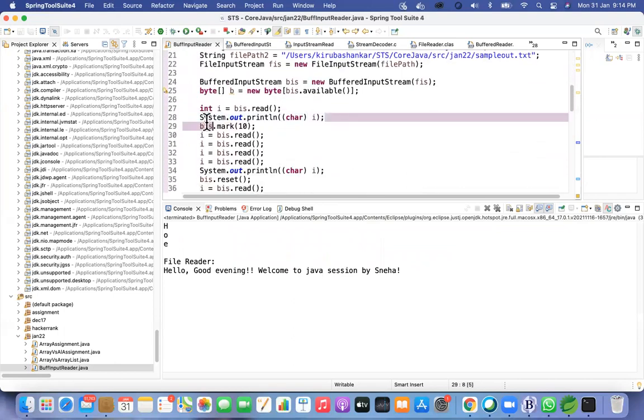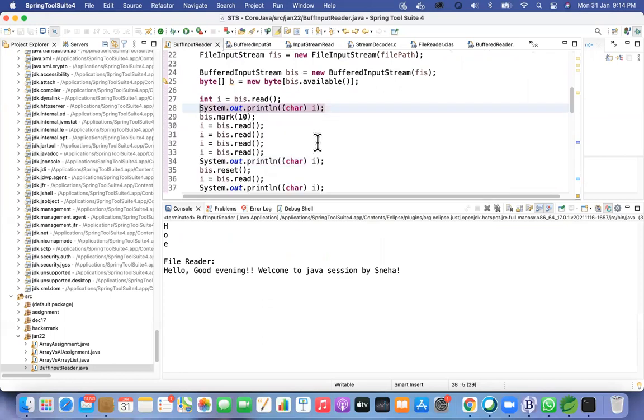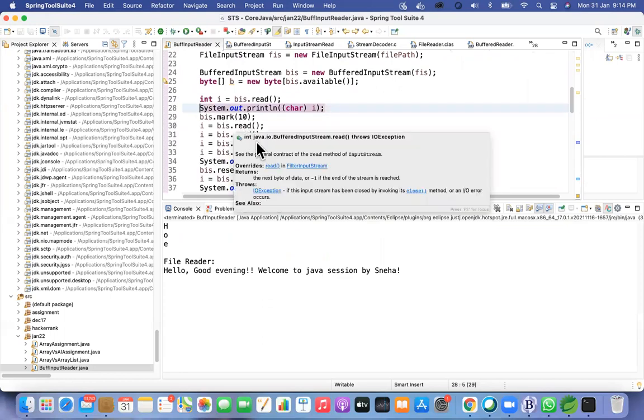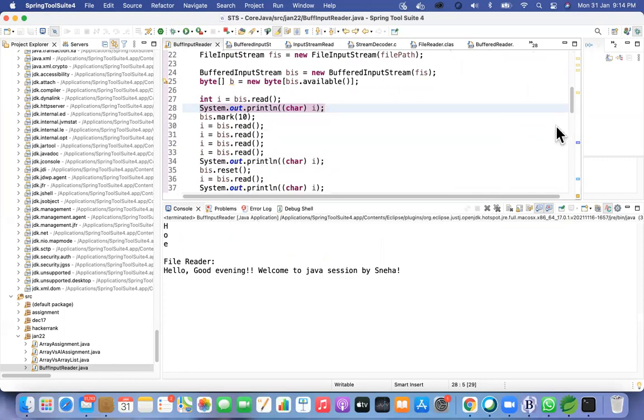So here it is printing H. Can you go to this? If you see the content in the hello part, though you have your mark limit, after every read you might not be sure about that one. So better you print I also next to that, so you know where the character is getting printed from, because you have multiple O's and E's in your text. Yeah, just print the I also, the position of that. This is fine.